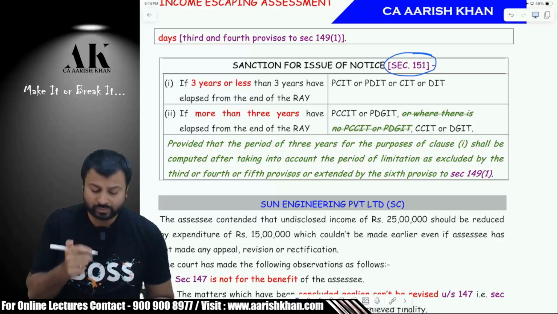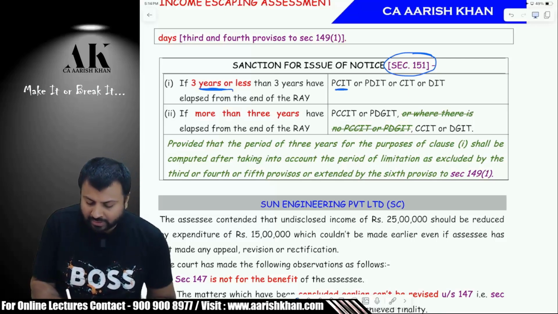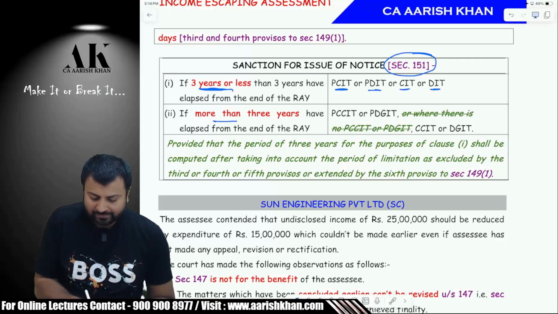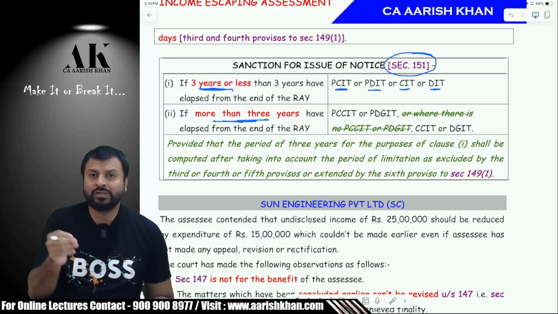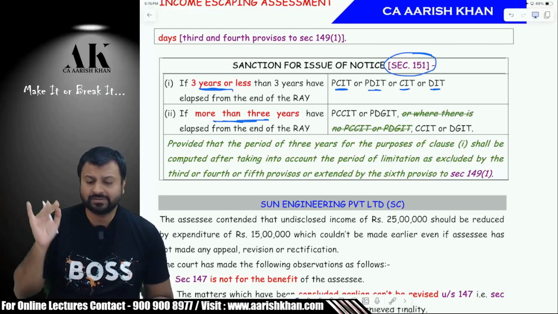Now, there are two cases over here. If the notice is issued up to 3 years, then the sanctioning authority is the Principal CIT, Principal Director of Income Tax, CIT and Director of Income Tax. And if the notice is for more than 3 years, that is, if the notice is of that of 50 lakh cases, that 50 lakh escaped income cases, in that case, if you want to send the notice, then